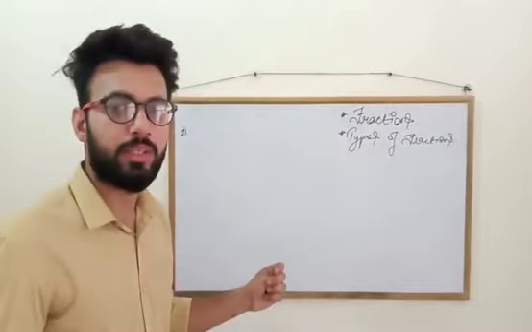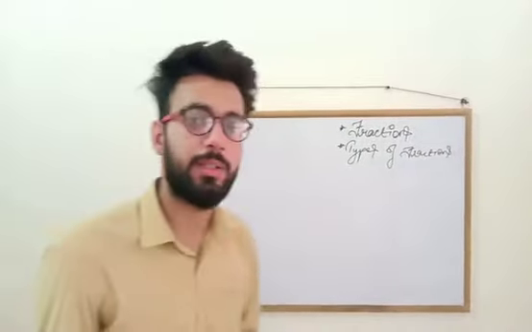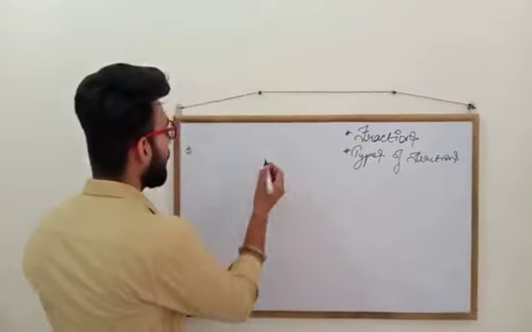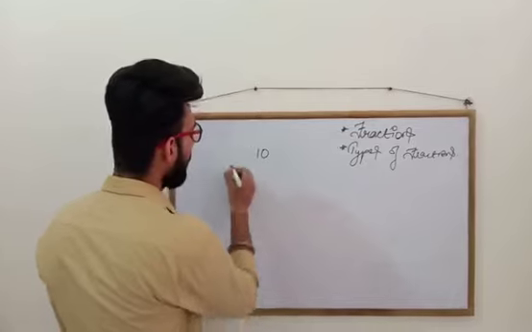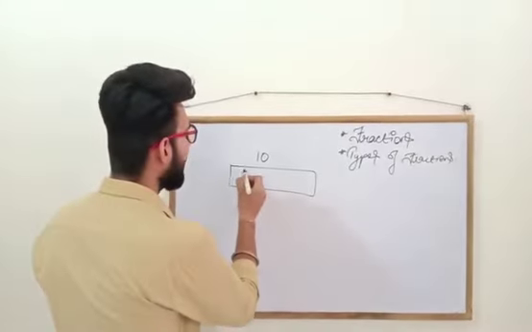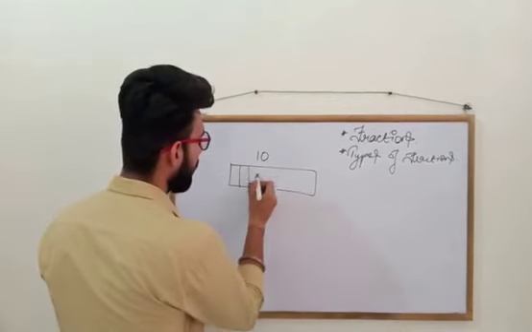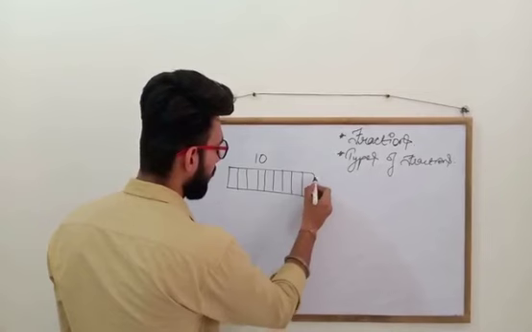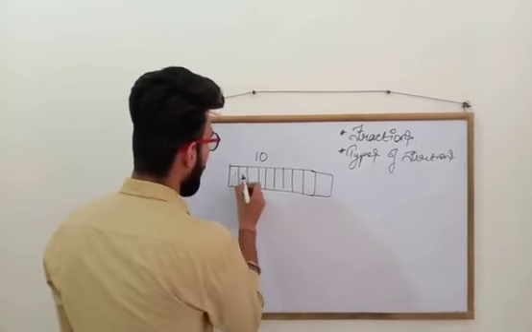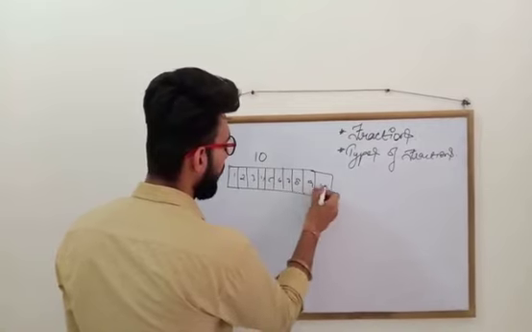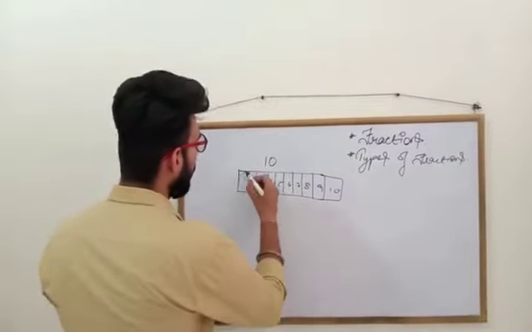What is the meaning of the word fraction? What is fraction basically? Fraction is a part of a whole or a collection. Let's say we have 10 things, okay? Or we can say we have one whole object, it has 10 parts. One, two, three, four, 5, 6, 7, 8, 9, 10. Okay, cool.